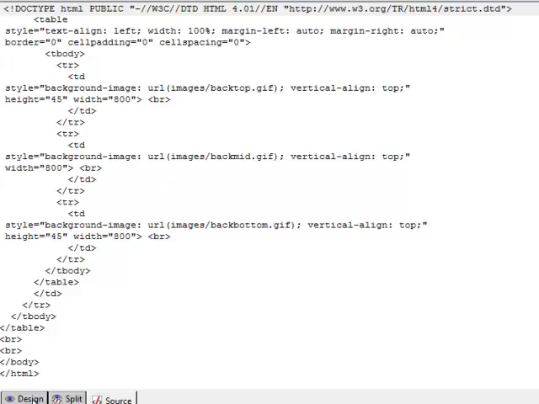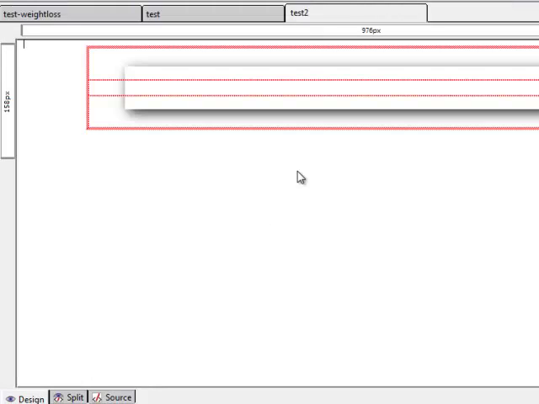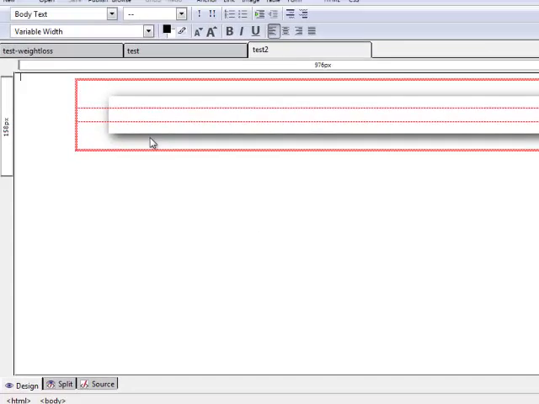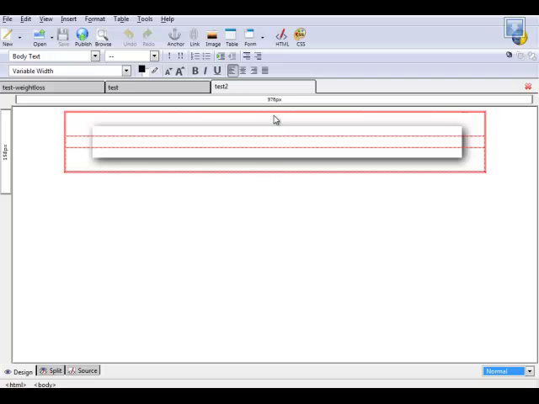as we add it. So if we click back on the design tab now, we can see that we have a background image for our tables now. But if we click up here like we were going to add copy, you'll notice that it goes to the top left hand corner, and we don't want that. That means if we were to start typing text in here now, it would be outside our image and it would look funny. So to fix that, what we're going to do is we're going to click inside this middle